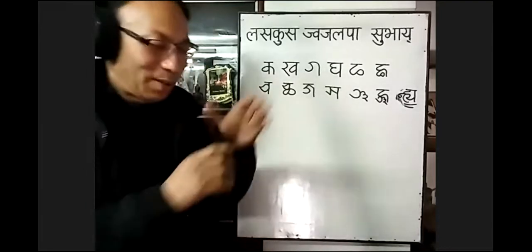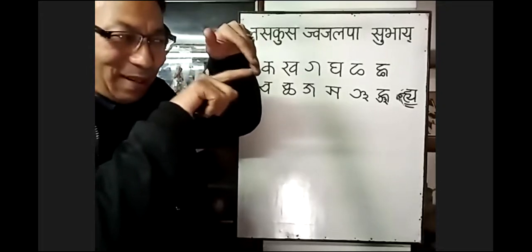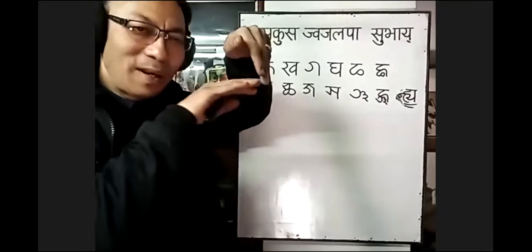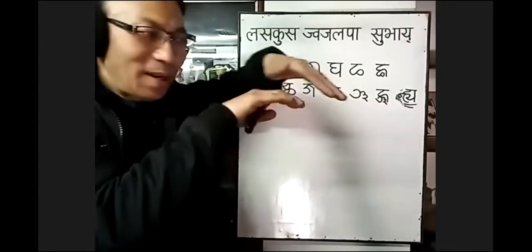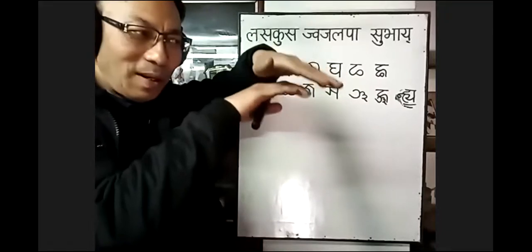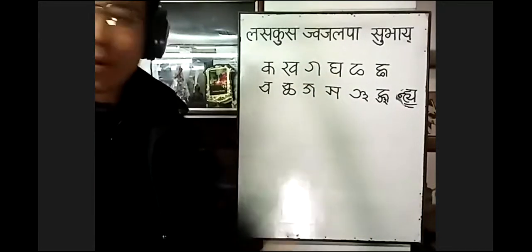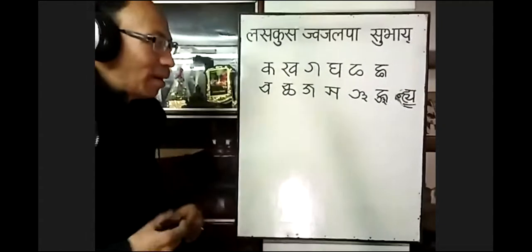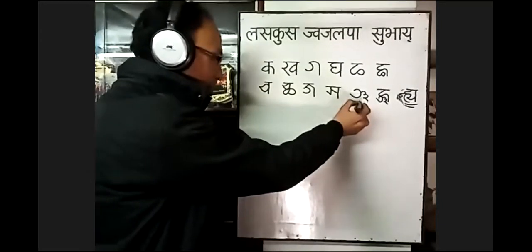Let's say this is your mouth and this is your teeth. When you pronounce this, you hit your tongue here, no. But when you pronounce this sound, you stick your tongue here, no. So this is how it is pronounced. But in general writing, we use this letter. Okay, similarly, za, myo,